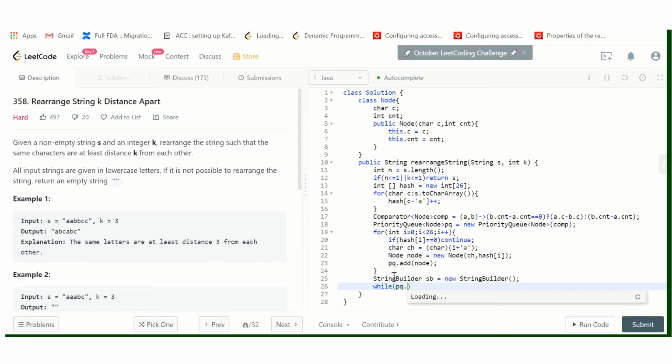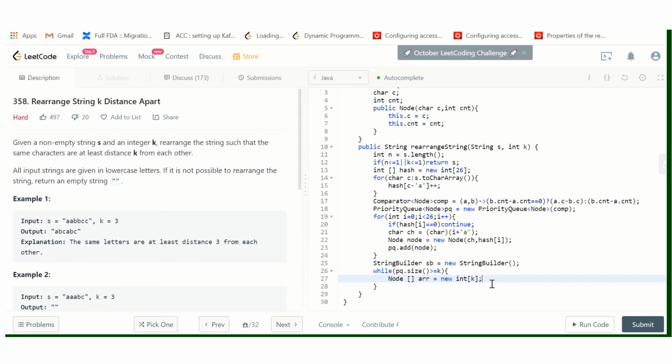While pq dot size is greater than or equal to k, create an array and pop k elements from the heap.